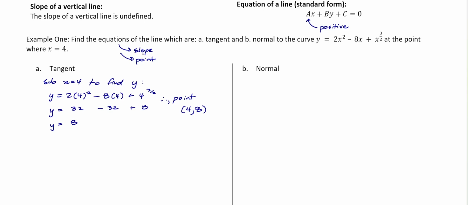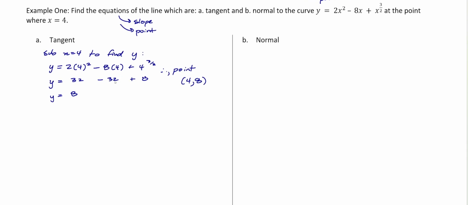Now, to find my slope, I'm going to take the first derivative of this curve and sub in x equal to 4. That's going to give me the slope of the tangent at x equal to 4. So I'm going to find the derivative of this curve with respect to x. So dy/dx, the derivative of y with respect to x. This is no different than writing y prime, right, is equal to,